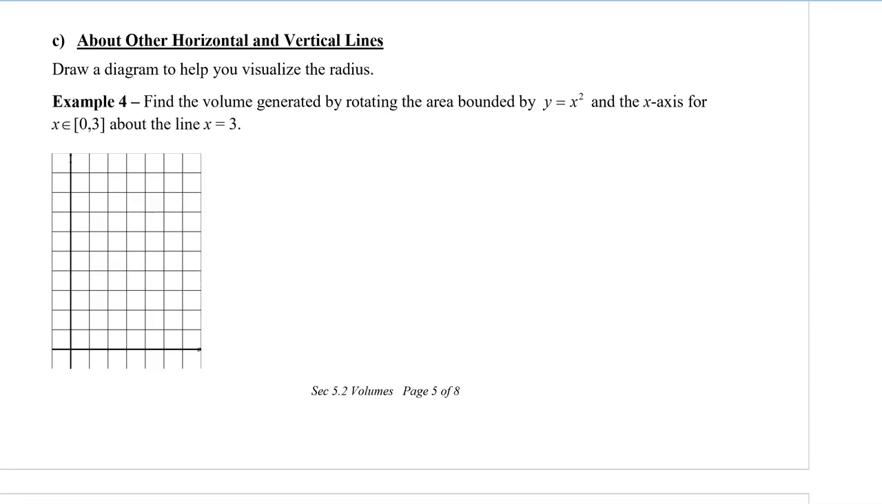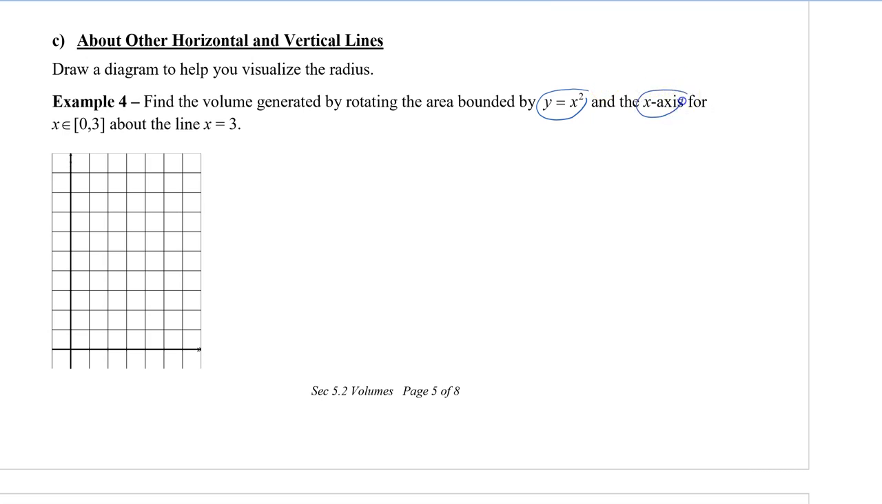In this video, I will show you an example of what happens when a function is rotated about another horizontal or vertical line besides the x-axis or the y-axis. So very important, I recommend that you always draw a diagram to help you visualize the radius. In this example, we're going to find the volume generated by rotating the area bounded by y equals x squared,